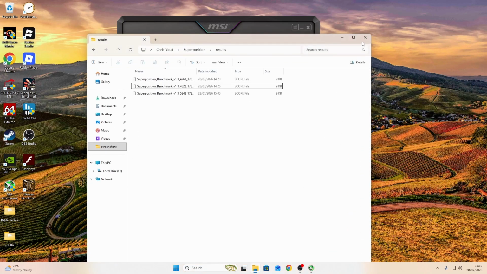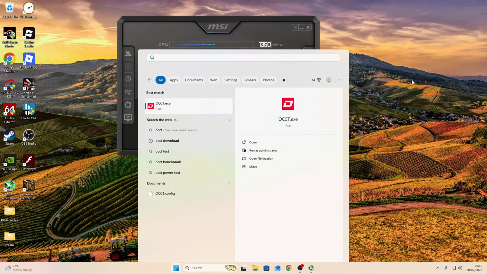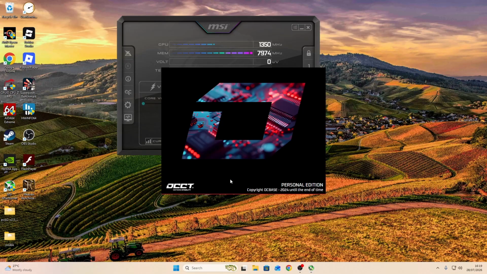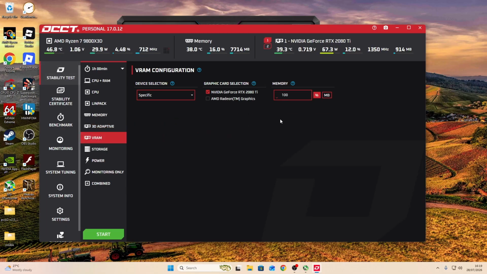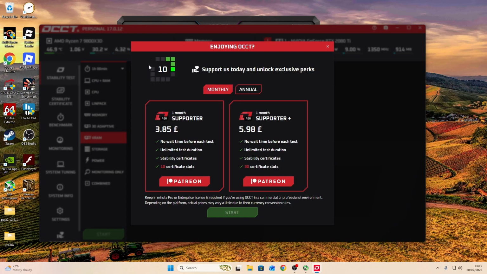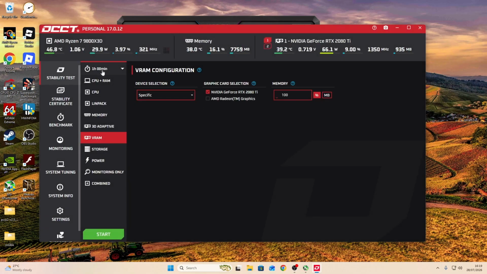So, go on your Windows, open OCCT, and this will just be testing your stability. I'll show you in a second. Now this will be the longest part of the tutorial. Go on your stability test, press stability, go on your VRAM, put in all your memory, and you're going to press start. You're going to wait the 10 seconds, and you're going to press start again, and you're going to let it run. This will run for an hour,